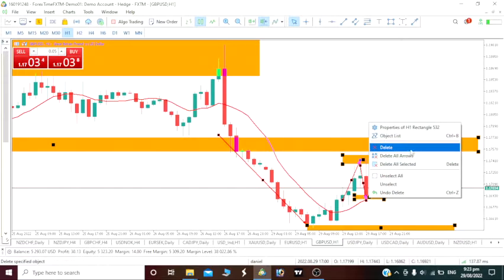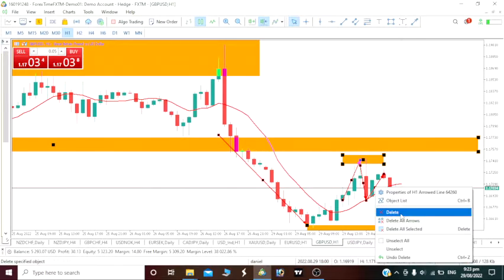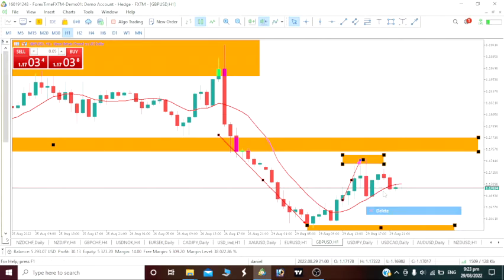So basically on our GBP USD, we would very much want to short this trade. So we would consider going short on our GBP USD. Now let's see